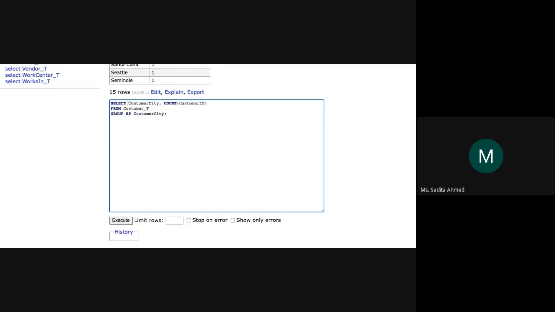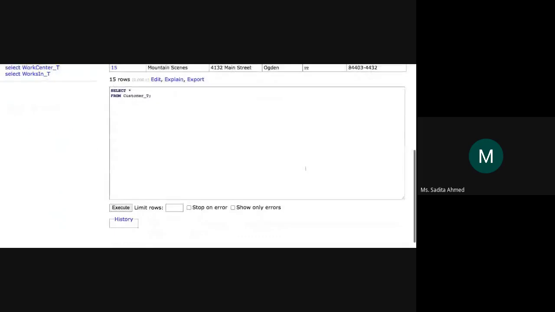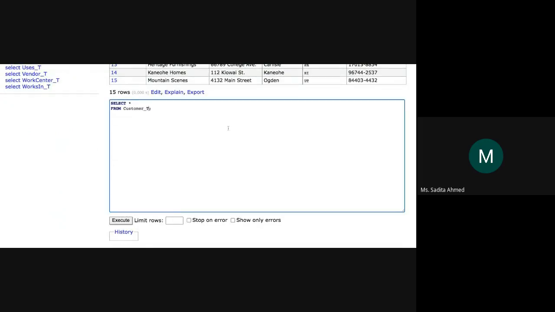If we look at the entire customer table, the order is based on the customer ID value, right? Yes, ma'am. So let's say I want to count how many customers there are in each individual customer state, and I want to group by. Now if I put an order by on the customer state value, then doesn't it become easy? See here, if we do just an order by customer state,